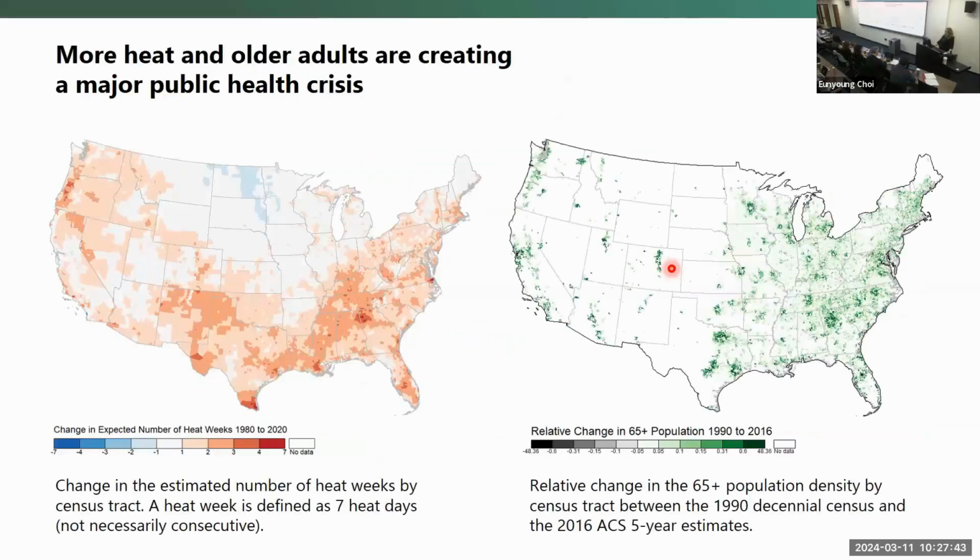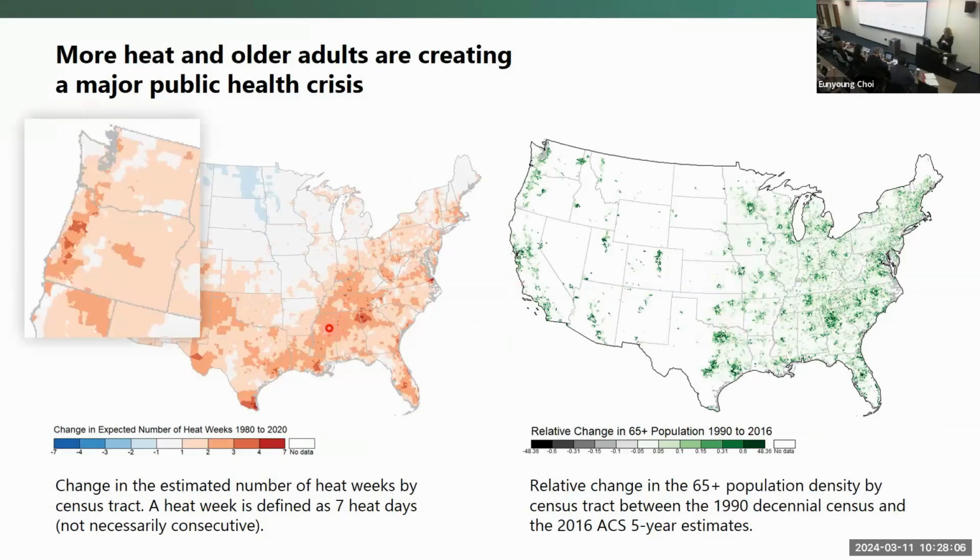We use this data in this project where we were looking at growth in the older adult US population against change in the expected number of heat weeks. We did a change in heat because if we just did absolute values, we would just see a really hot southwestern part of the United States. We wanted to see where places are getting older and where they are getting hotter. And we were particularly,